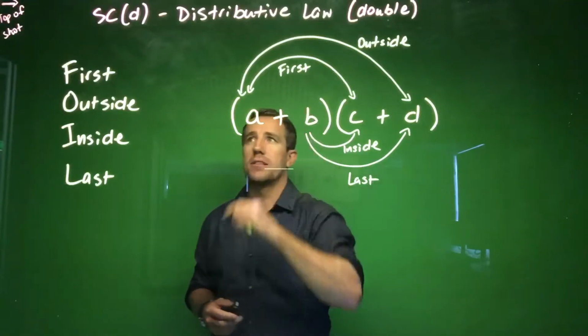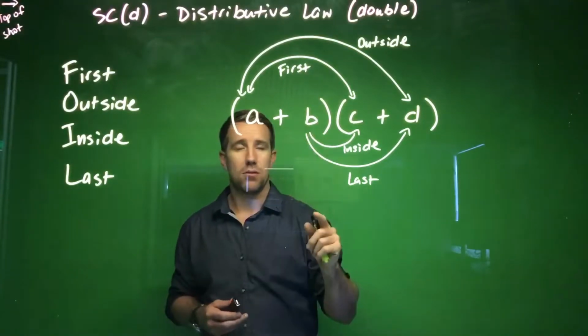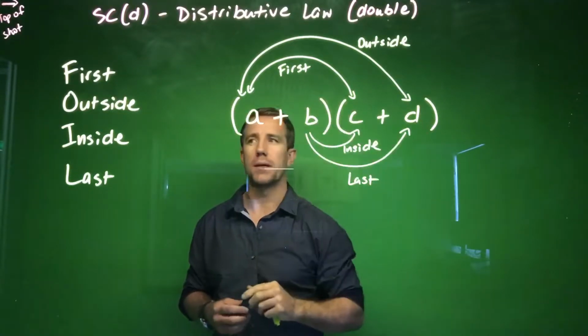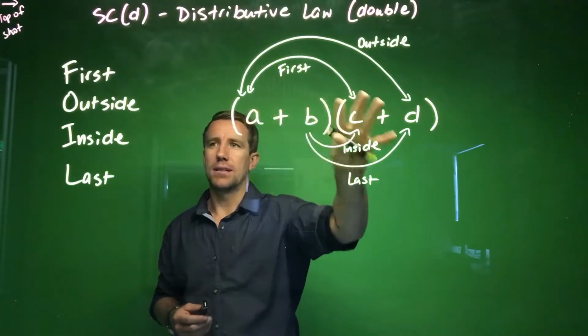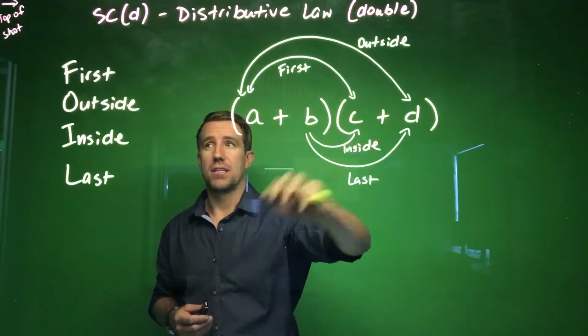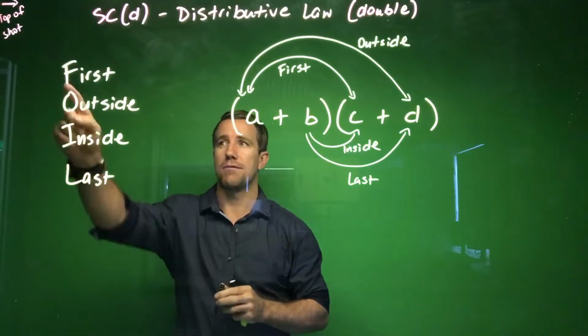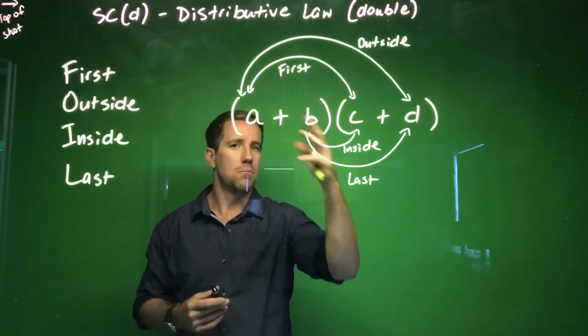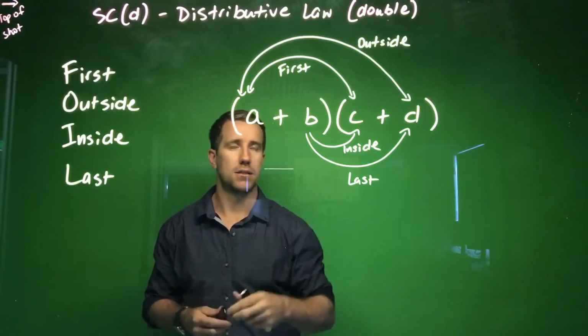Right, here we're looking at success criteria D, which is about the distributive law again, but we're looking at double sets of brackets. So something that looks a little like this, a little more complicated. To help us expand and simplify these ones here, we use our FOIL method, which is our first, outside, inside, last, and that just gives us an order in which we multiply out our brackets to help us expand